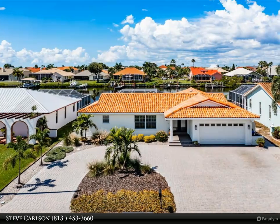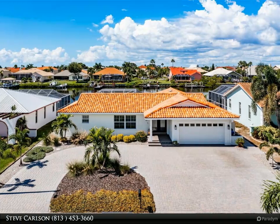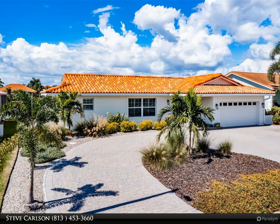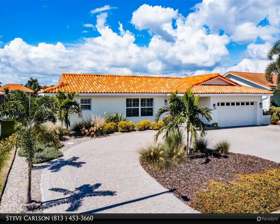Master bedroom has an additional space perfect for a sitting area or office. New Bosch AC, energy efficiency is enhanced with a foam insulated attic. Endless hot water with a new tankless gas water heater, all new plumbing and electrical, new water softener, new sprinkler